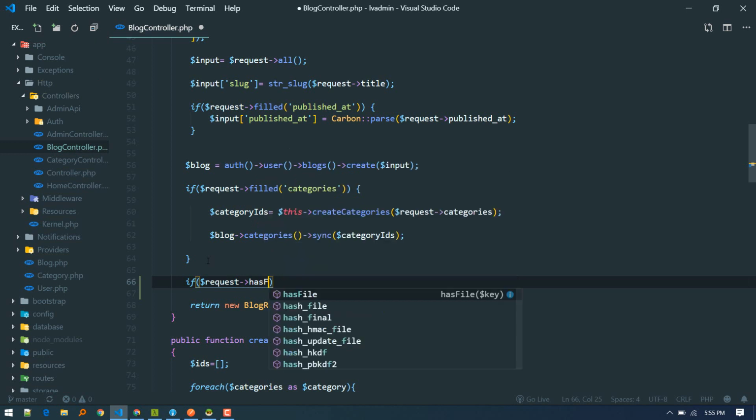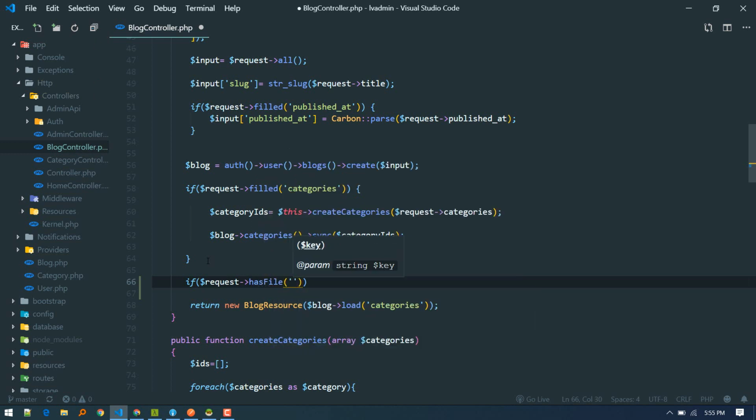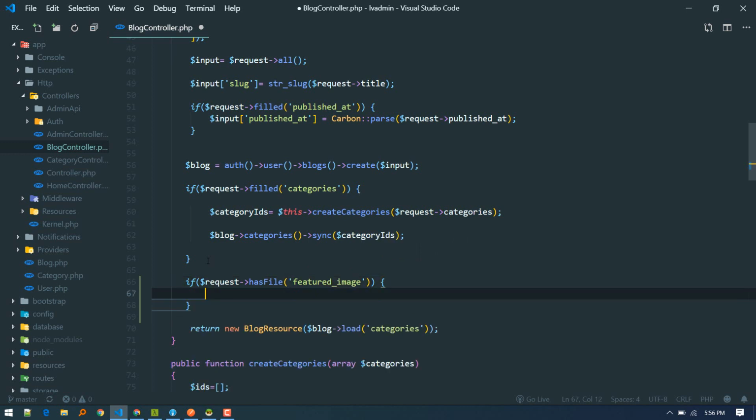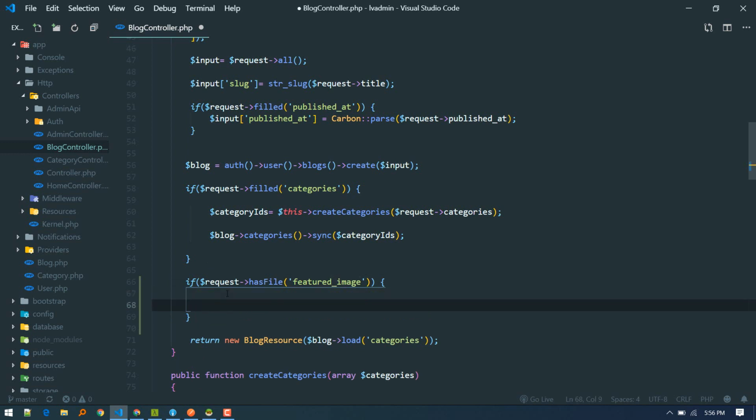So we'll be using the hasFile function, and then the key will be featured image. So if we got a file, then what we'll do is,